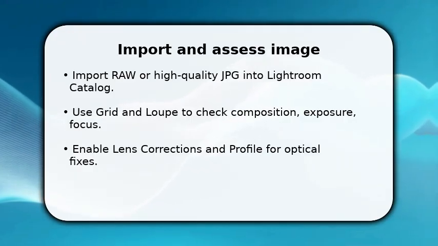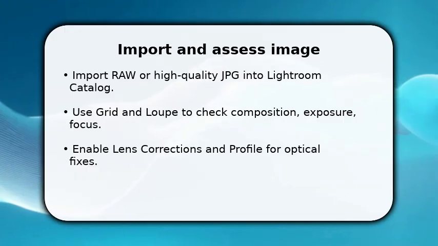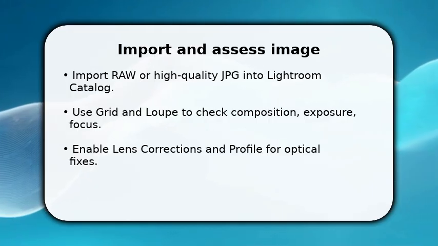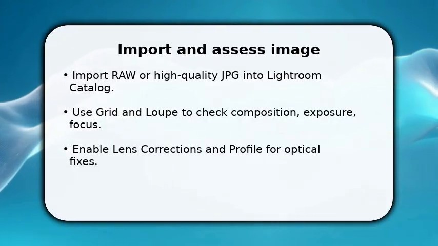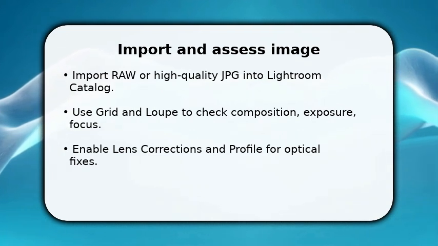You start by importing the RAW file into a dedicated catalog so edits stay non-destructive. Once imported, switch to the Develop module and quickly assess composition, exposure, and focus using the loupe at 100%. Make sure to enable lens profile corrections and remove chromatic aberration to fix optical issues automatically. This saves time later. You're now positioned to work on tone and color with the base image well-corrected and organized,